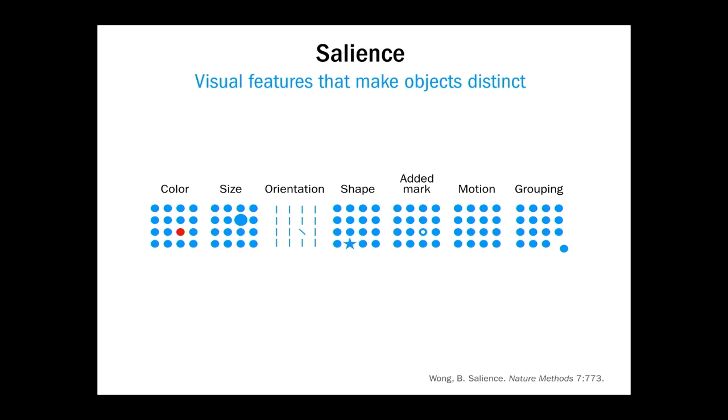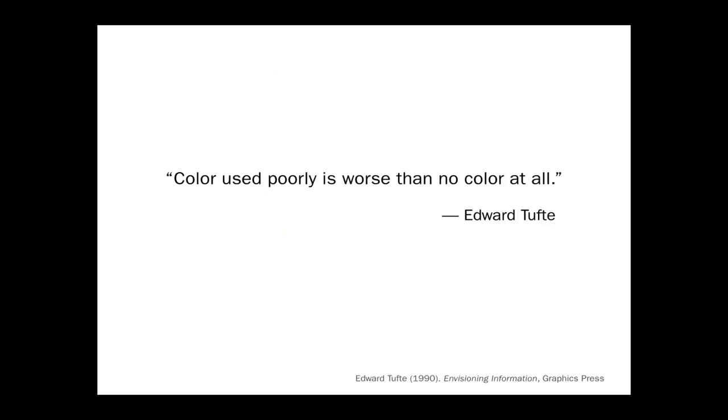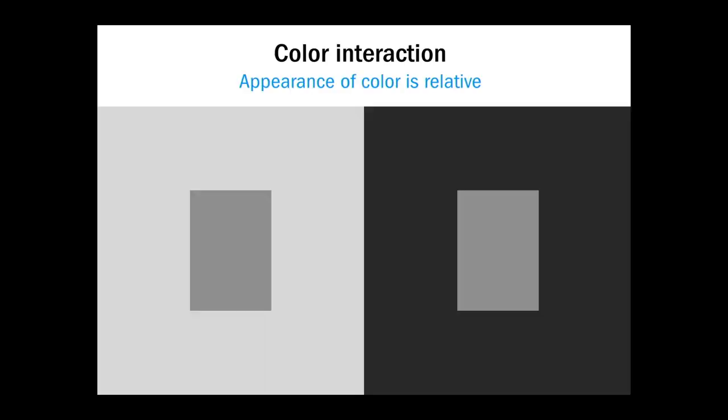I've mentioned color as a special variable, and it's one that we tend to reach for first when we build visualizations, and it's also very closely tied to what makes us think things look visually attractive. But I think color can be very challenging, and Edward Tufte said that color used poorly is worse than no color at all, and I sort of tend to agree with this sentiment. I think the challenge is due to a couple of problems. One is the problem due to the interaction of color, and the second is really just due to the hardware of our eyes. And I'm sure you've all seen these types of visual phenomena where the inner two rectangles are